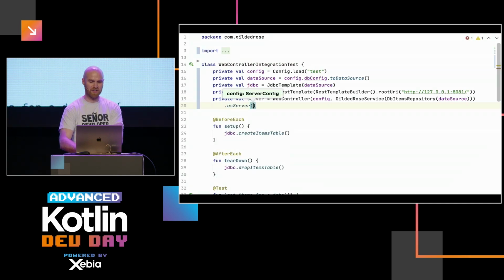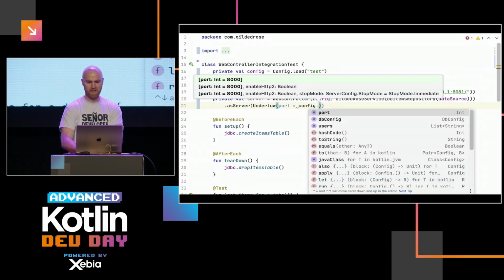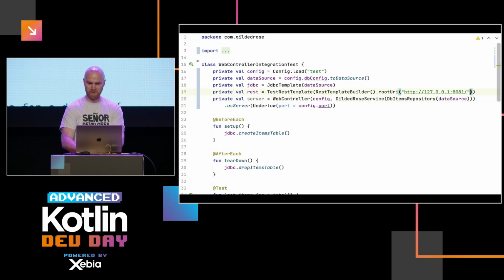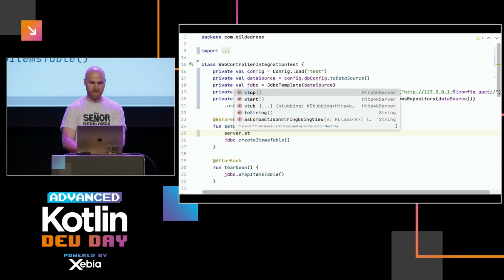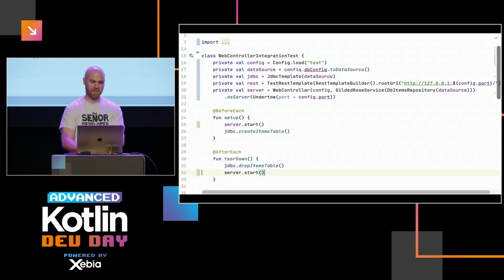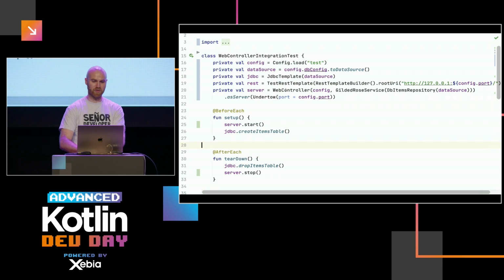So we need to ask HTTPK to plug it into an actual web server, which I'll use for random reasons, for no reasons, is under Todo, and I'll configure it with this port. Actually, maybe this port should match that. Right, and then this is a server which we need to start and stop. And to be fair to Spring, Spring was managing lifecycle of objects for us in its own way. So now this should work, and so yeah, this test pass. And now we kind of using our new web controller.